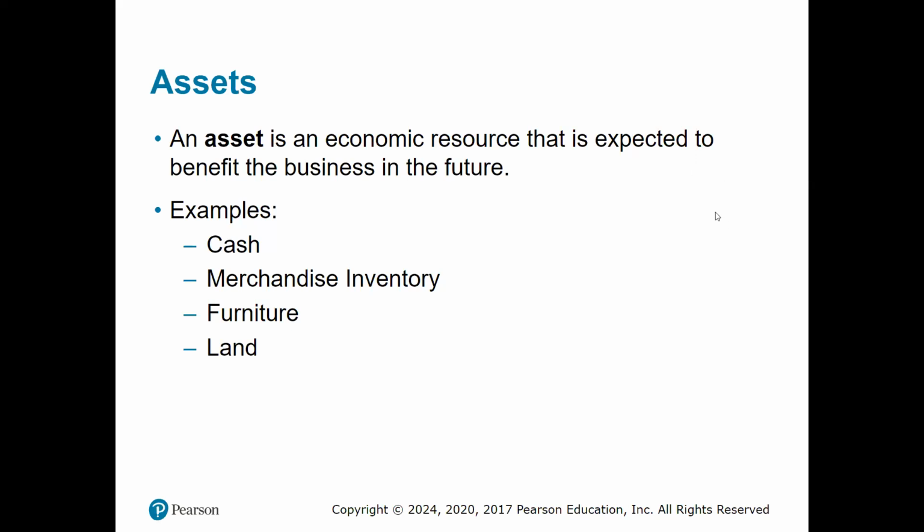Also included in assets would be money that people owe us. So like if I were to lend money to someone else, my cash goes down, but if I have a promise from them to pay me later on, that legal promise to pay is also considered an asset. So that could be an account receivable if it's related to my primary product or service, or it could be like a note receivable if I'm actually just receiving cash payments back from them for money that I loaned them at some point.